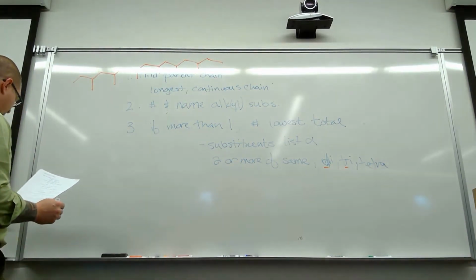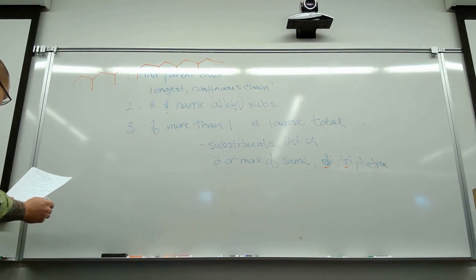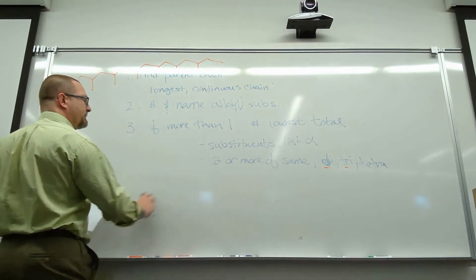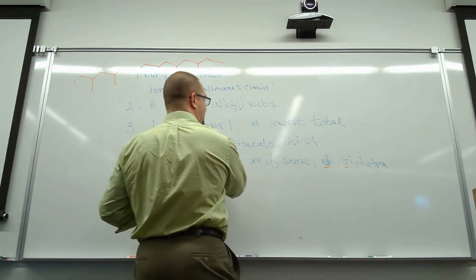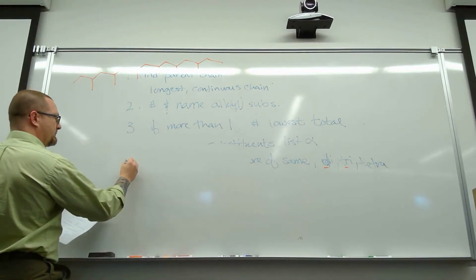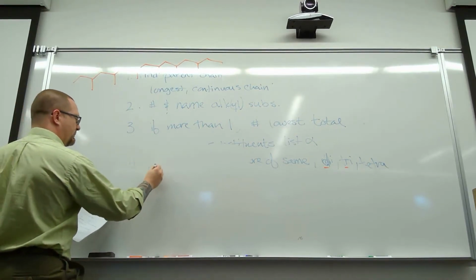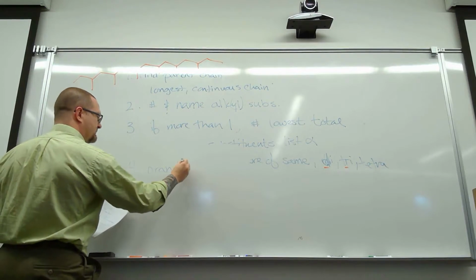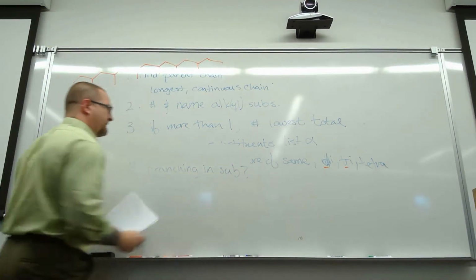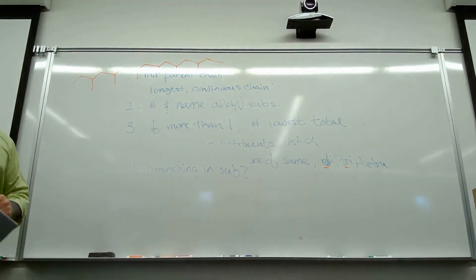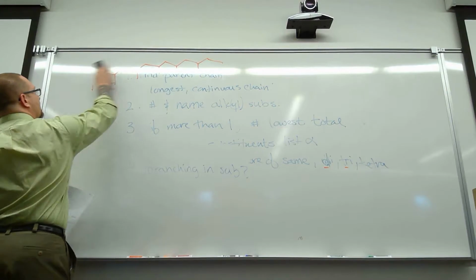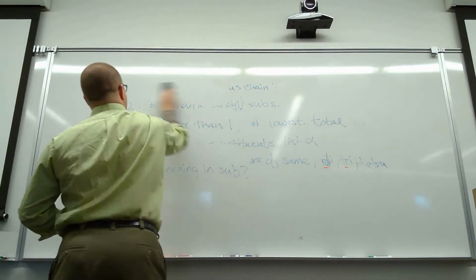Same direction. Where are we? Let's say we have a branch substituent. Sorry, I gotta make a little space here. What if we have branching in a substituent? I'm gonna have to erase this all in a second, so I have some room here. What that might look like is